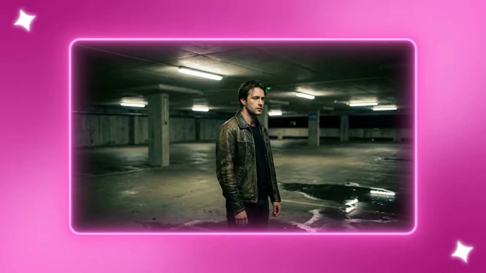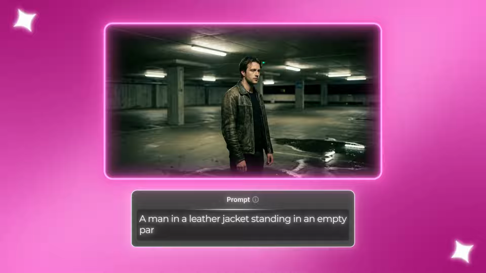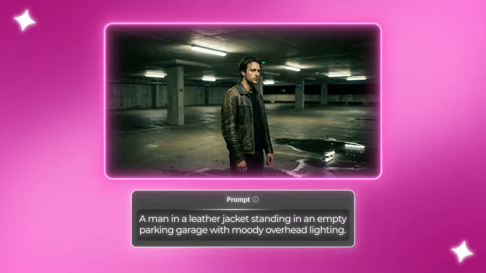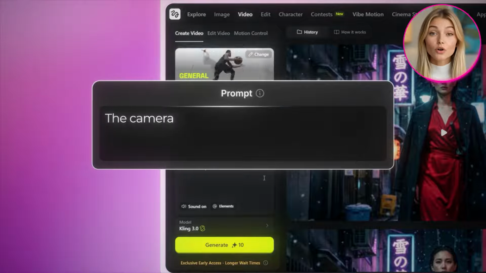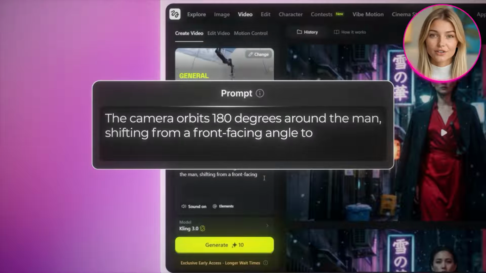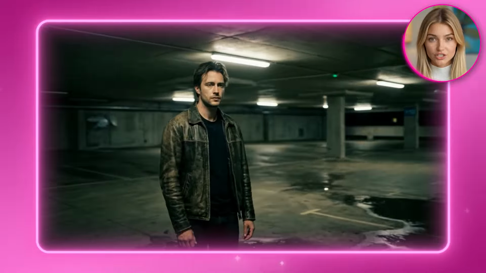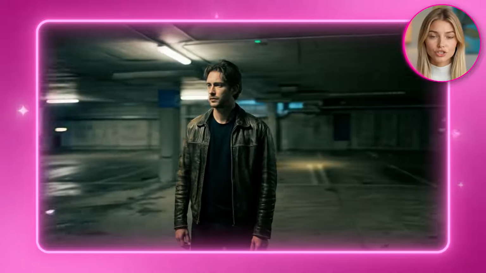I'll switch to a different starting image for this section, this time a man in a leather jacket standing in an empty parking garage with moody overhead lighting. I'll type, the camera orbits 180 degrees around the man, shifting from a front-facing angle to a side profile. And look at that. The shadows shift as the angle changes, and it instantly adds dimension to a shot that